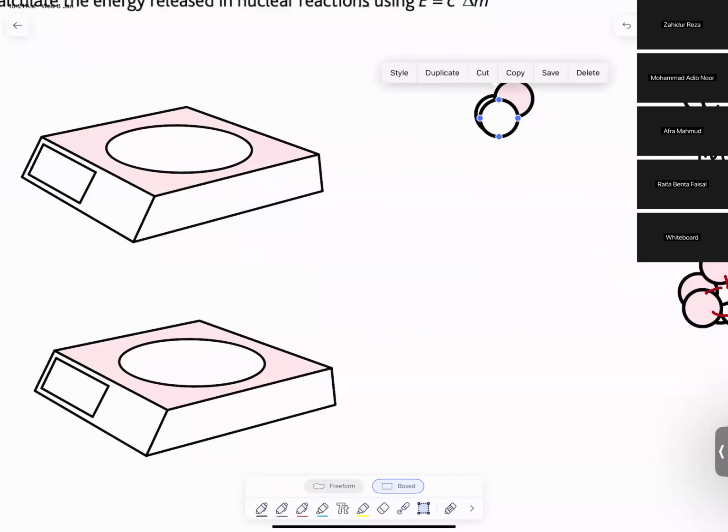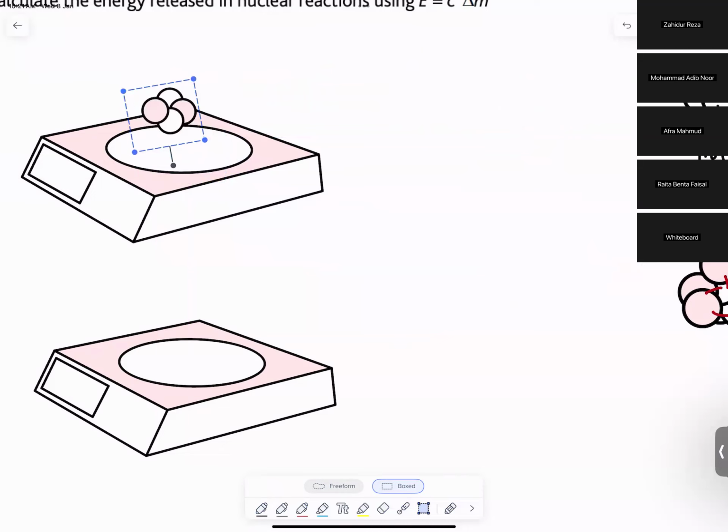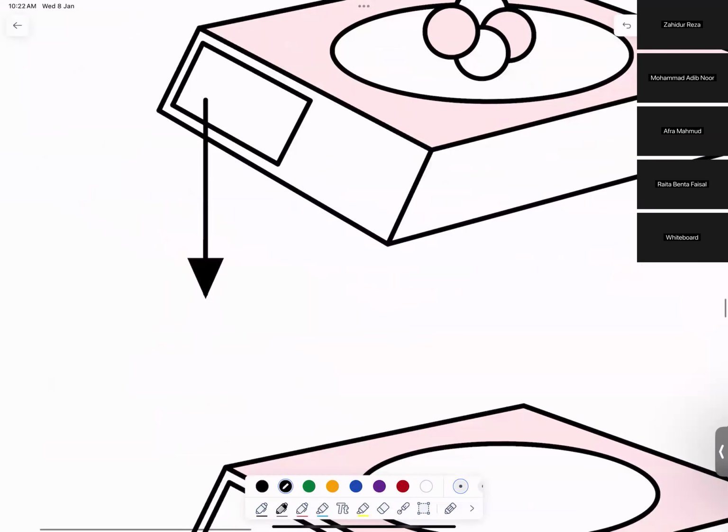So this is your helium nucleus, and they took the helium nucleus and they placed it on this balance like that. And after they placed the helium nucleus on the balance, they got the mass of the helium nucleus here. So এখানে যদি mass check করো, এটা helium nucleus এর mass দেবে. And the mass can be shown very precisely, like with many decimal places. And they found the mass to be